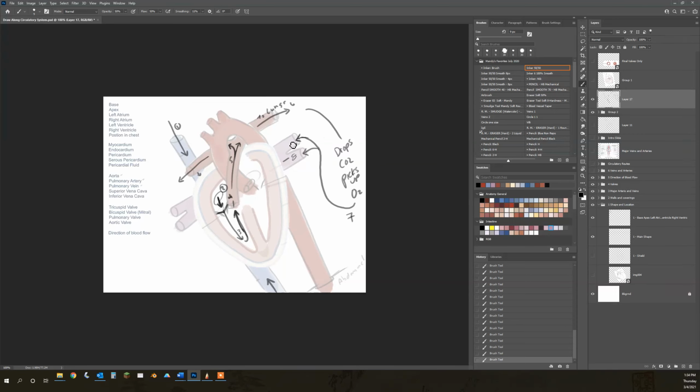Through the pulmonary veins, into the left atrium, through the bicuspid valve, down into the left ventricle, which again then closes, and when the heart compresses,